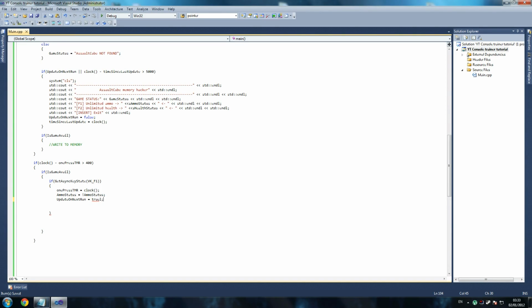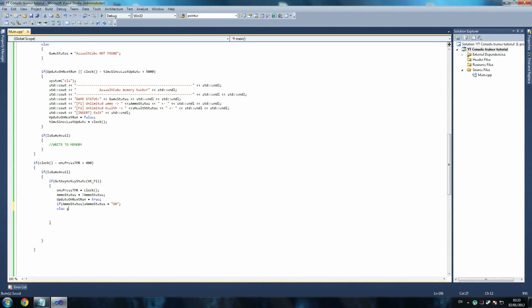Now the reason for that is, sorry, fat fingers. Basically what we're saying is update on next run, so a value's been changed, let's update it next time this loop goes in. So here, that will be true. And then the next one will be if ammo status, so if ammo status was turned on, we display that text on the string, equals on, in big letters. Then we're saying else, if that didn't happen,